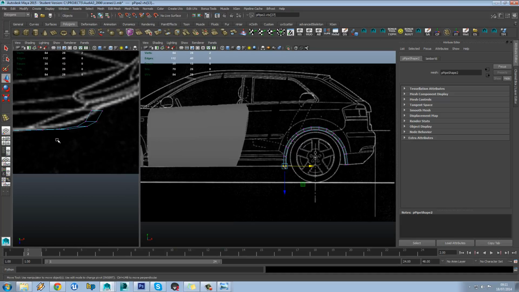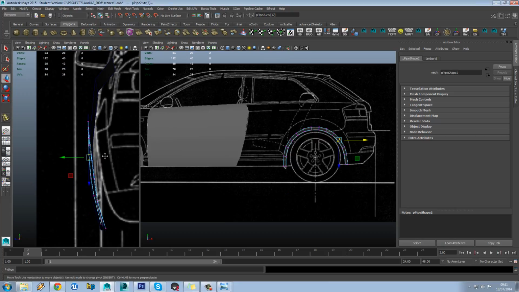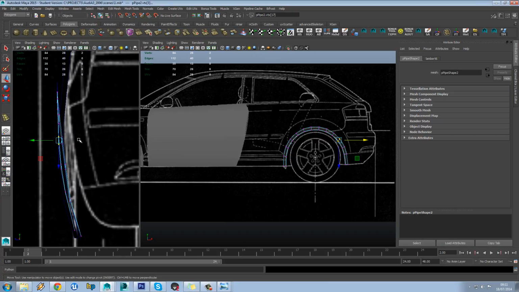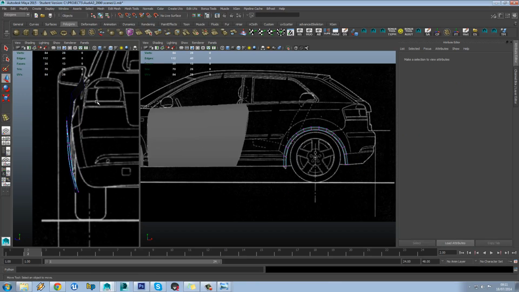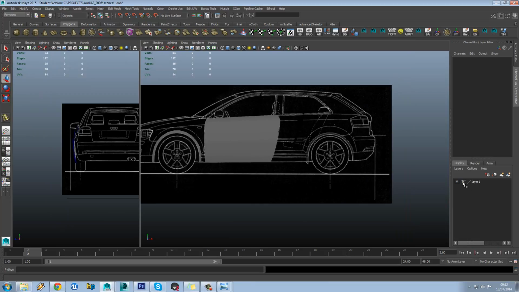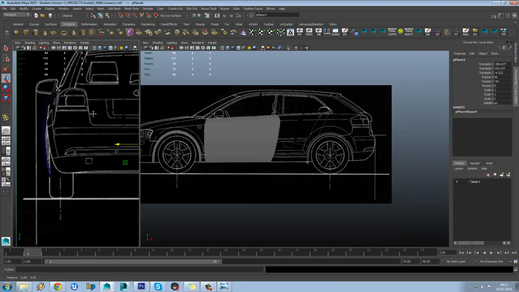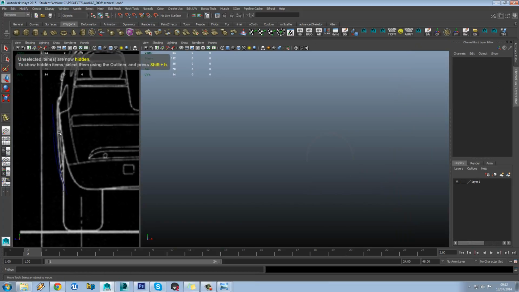And again, we can use our top view to get this lined up, but this time we want to have a look at our back view in relation to this wheel arch. And remember before we didn't actually get the back view properly lined up, so let's go into our layers, turn that off so we can select the back view. And then make sure we get this lined up to the wheel arch. So I'm going to do hide unselected so I can only see